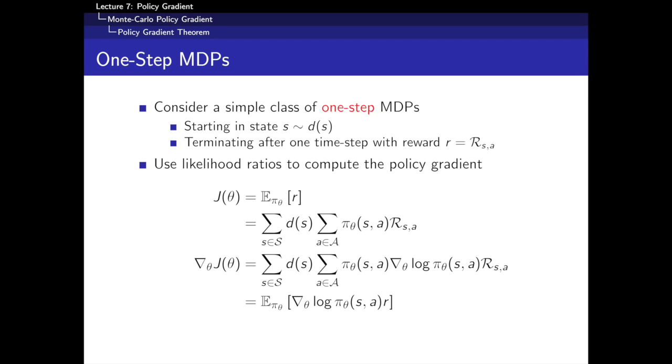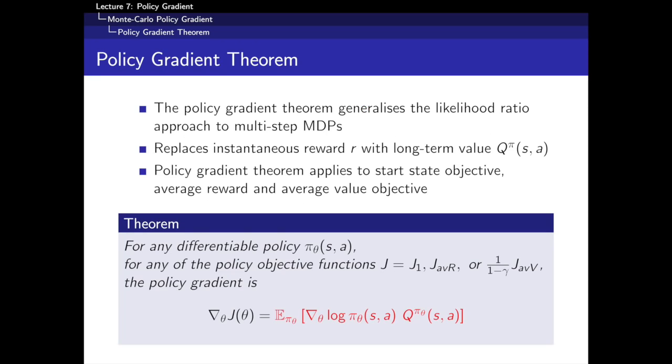Okay, so we want to do the same thing in multi-step MDPs, not just these one-step things. And to do that, we actually just need to do one trick, which is to replace this instantaneous reward that we had. So we were multiplying the score by the immediate reward. To do a multi-step MDP, all we need to do is replace this immediate reward with the value function, the long-term reward. And that actually turns out to be the true gradient